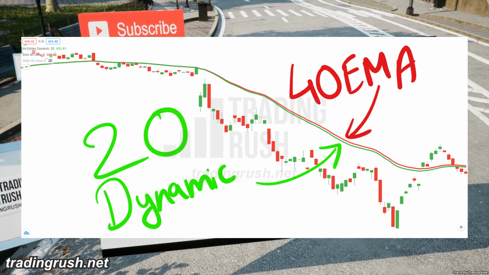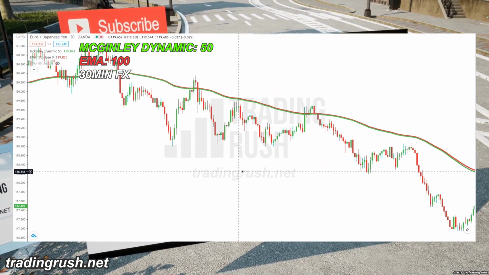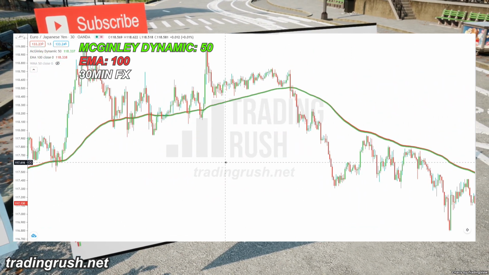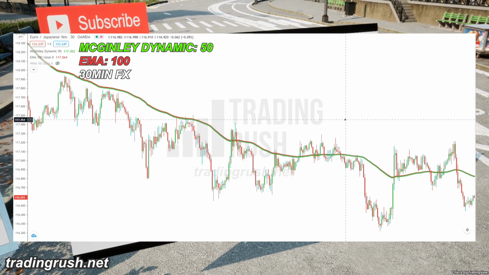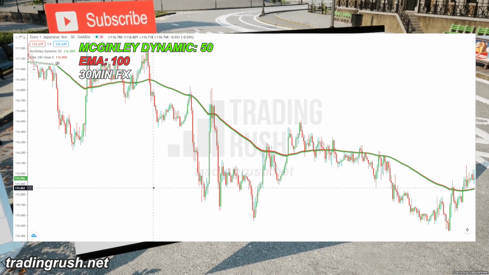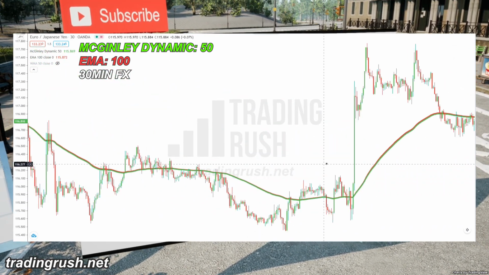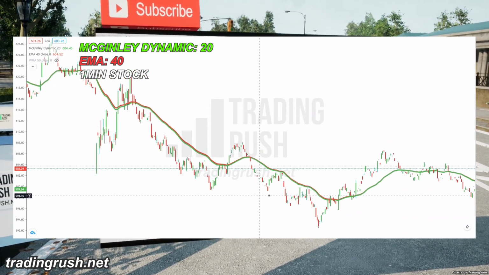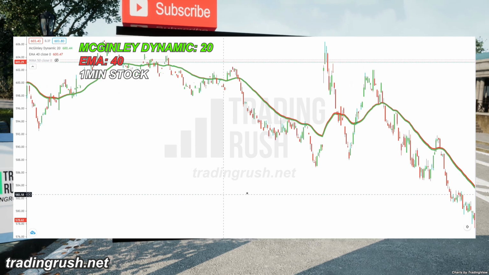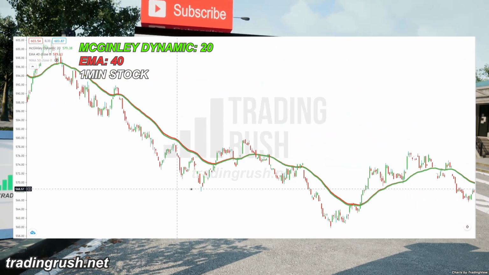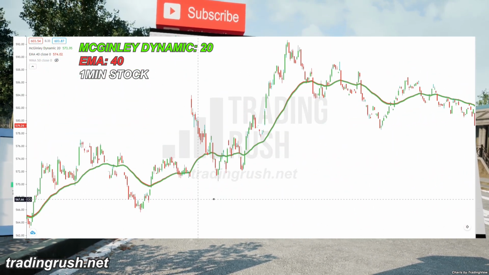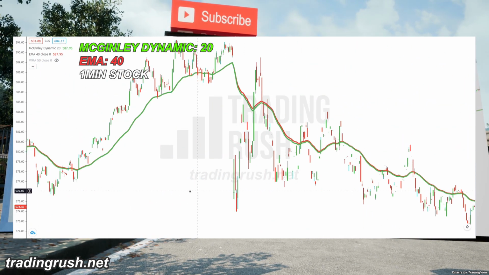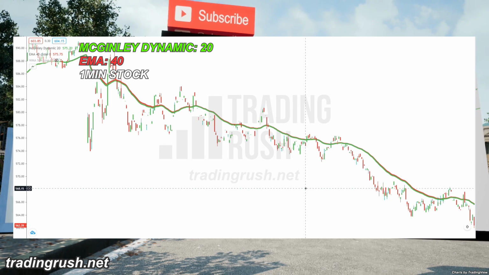You see, many traders call the McGinley dynamic a better moving average, but on time frames 4 hours and lower on the Forex market, the McGinley dynamic and a double-length exponential moving average look almost exactly the same. On the other hand, in the stock market, on time frames 30 minutes and lower, there is almost no difference between a McGinley dynamic and a double-length exponential moving average. You will see occasional gaps between the 2 moving averages, but they are not significant to call the McGinley dynamic